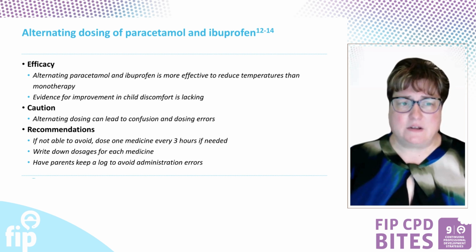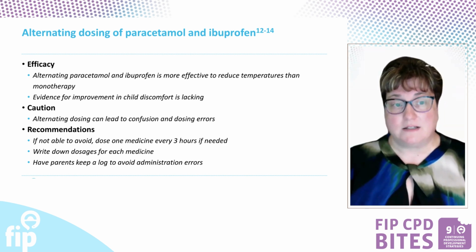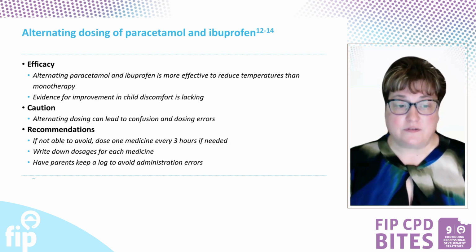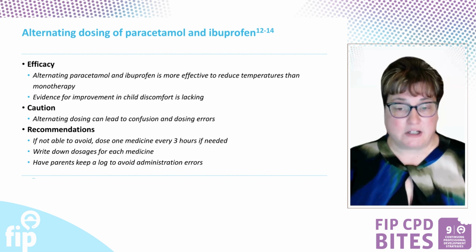Now, occasionally the question comes up, should we use both medications and should we alternate acetaminophen and ibuprofen? What we know from the literature is that alternating doses of acetaminophen and ibuprofen are found to be statistically significant in lowering the temperature. However, there's no difference in improving the child's comfort. Therefore, in general, you should avoid this recommendation because there is a high risk of medication errors when it comes